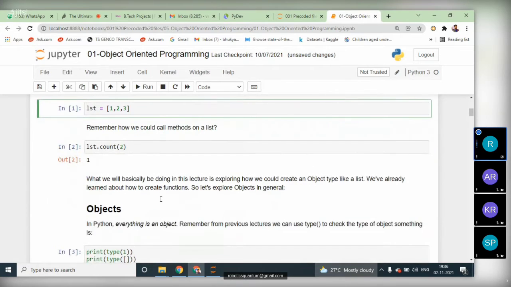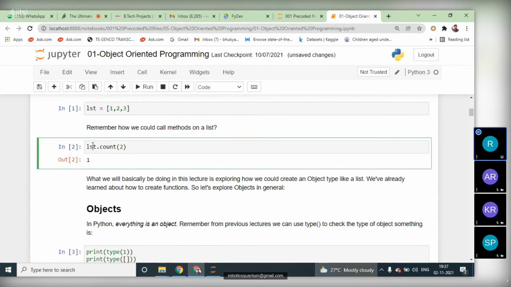If you want to call a method, for example to count how many times a particular element is repeated, how many times 2 we have, how many times 3, how many times 1, there are inbuilt functions which are called with the help of the object. Here lst is the variable name, and we add dot count to it, which means we are trying to find how many times this particular 2 occurs.